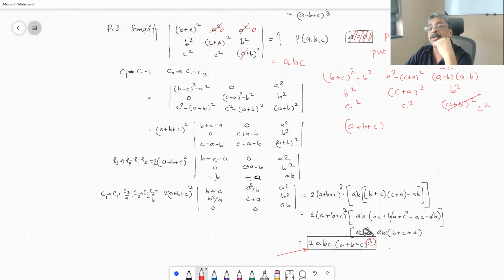So by just doing a plus b equal to opposite of c, if I get 0, then this is one of the factors, a plus b plus c. If you do b plus c equal to opposite of a and do it again, you get one more, something like that. So one way to really factor out the terms in the determinant is to use the factor theorem. That is what I am trying to tell you right now. Many times it will give you all factors, but presently pulling out this factor 3 times will require some effort.